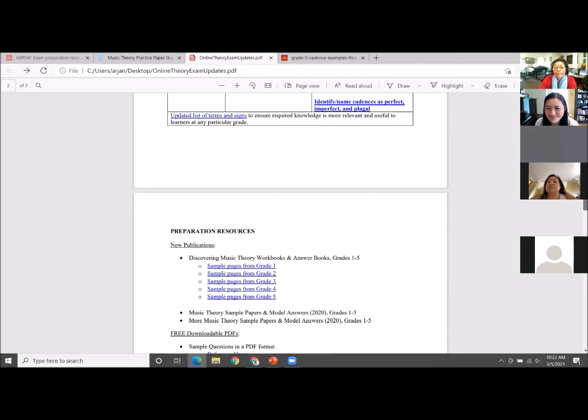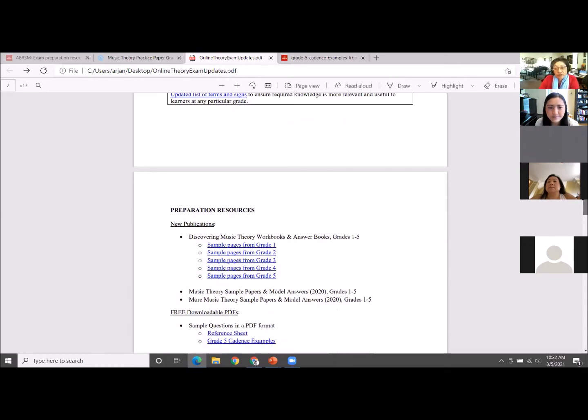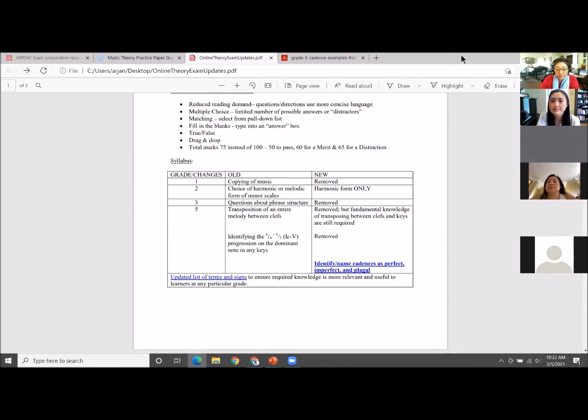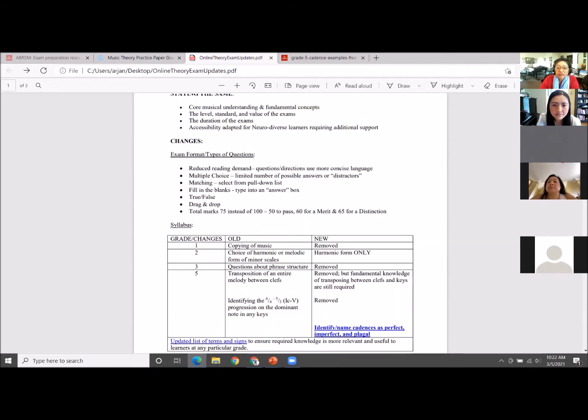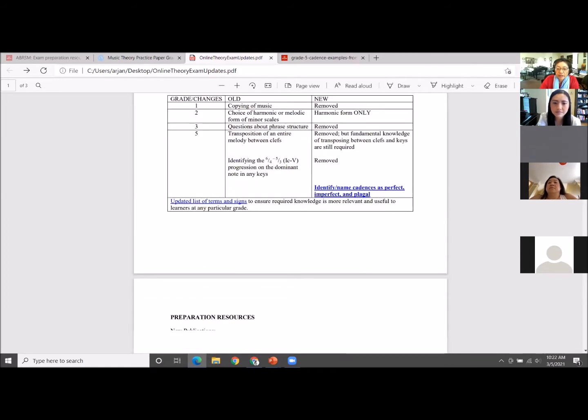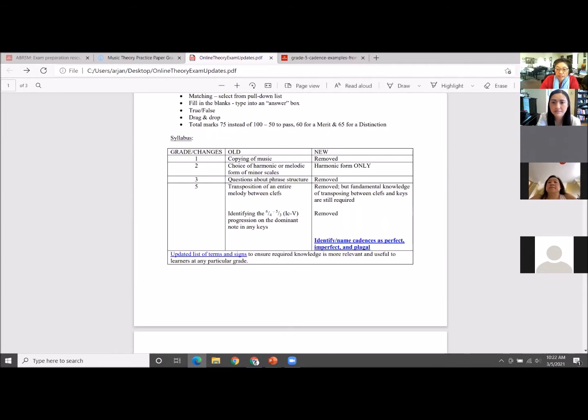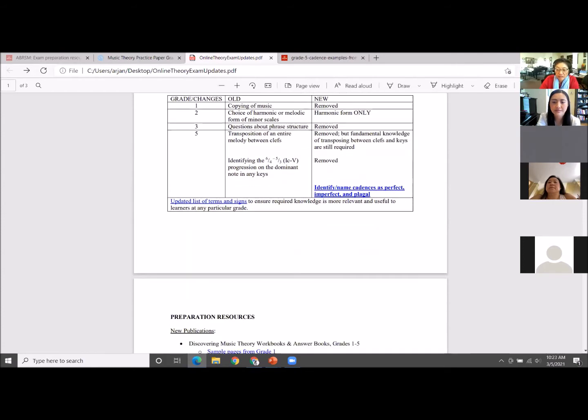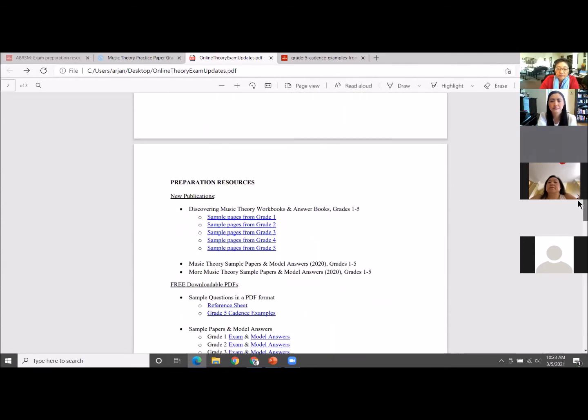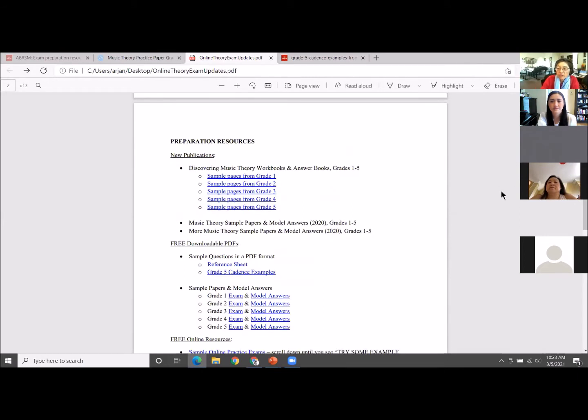That's really about it as far as the changes are concerned. They're kind of minimal. What is important is that the amount of resources available for preparation is going to be increased. After all those years of using Theory in Practice, the concepts there are still very much relevant, and teachers are still welcome to use those as the primary source of material.